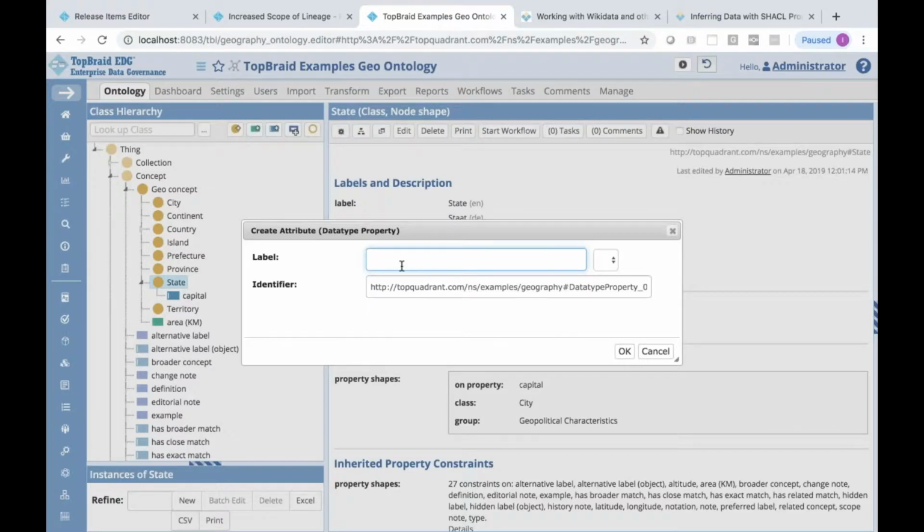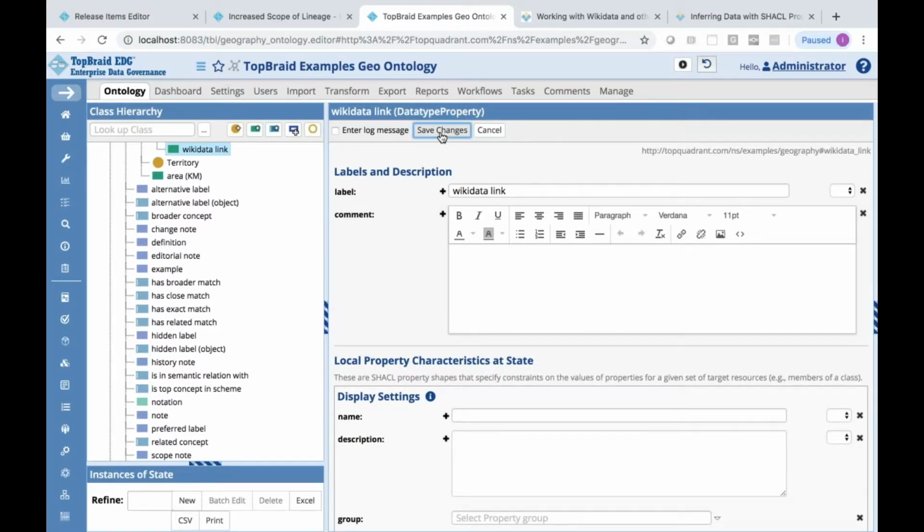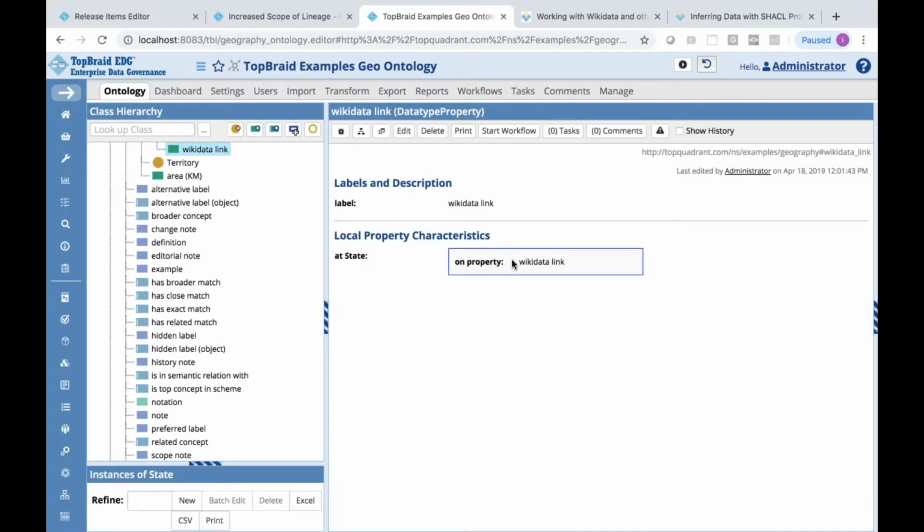So let me create a property, and I'm going to call it Wikidata link. All right, and that's pretty much it.